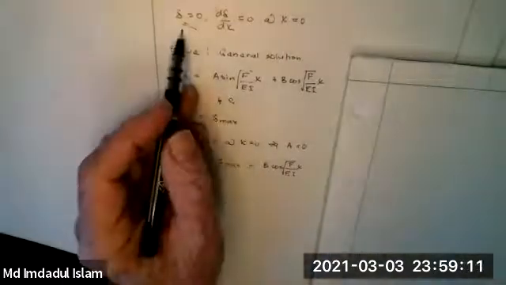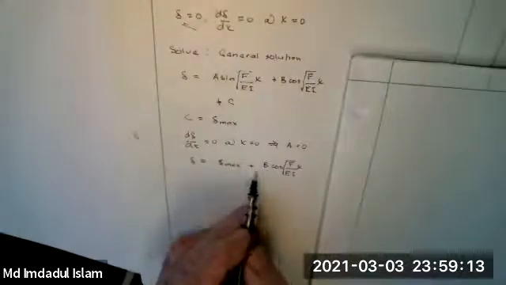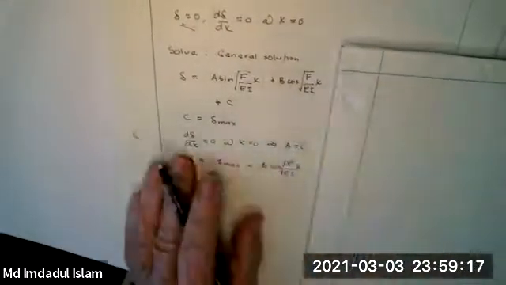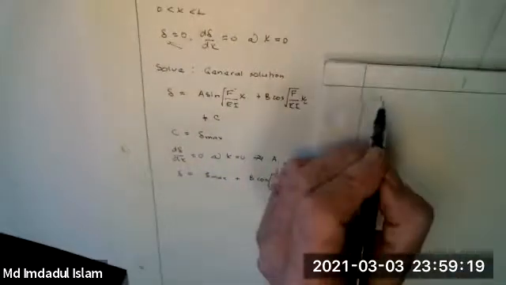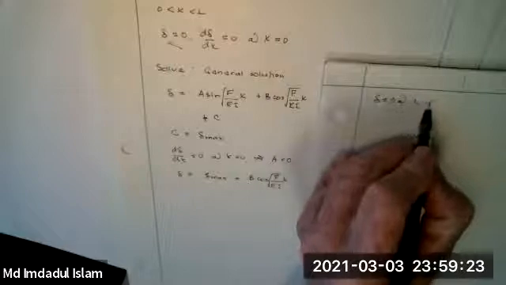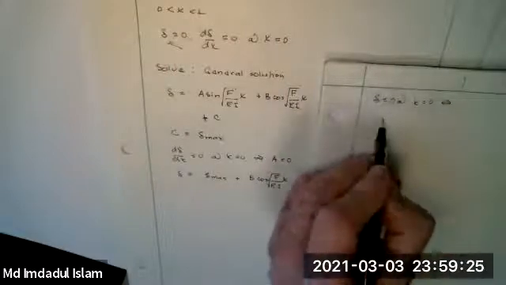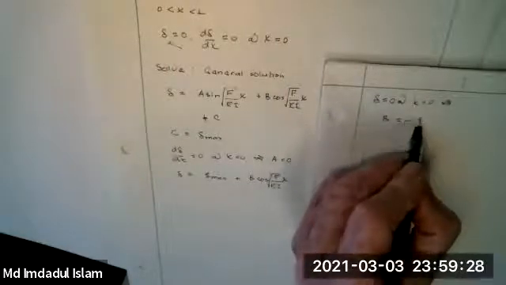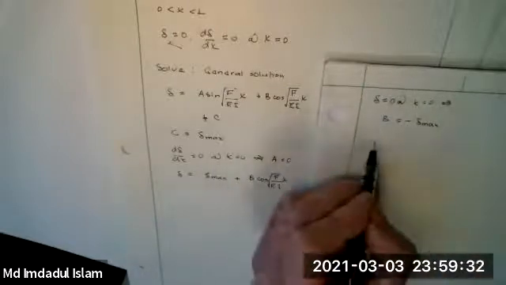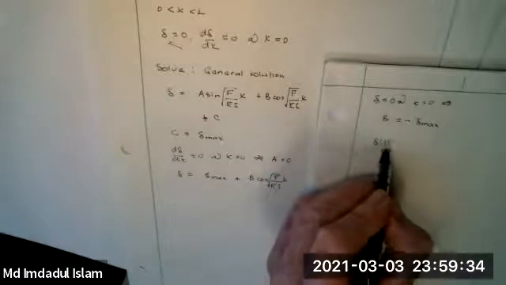And so in order to make delta equal 0 when x equals 0, b will have to be minus delta max. So my deflected shape then looks like